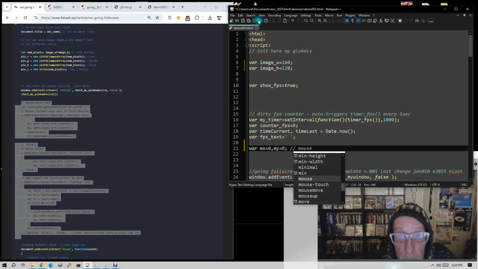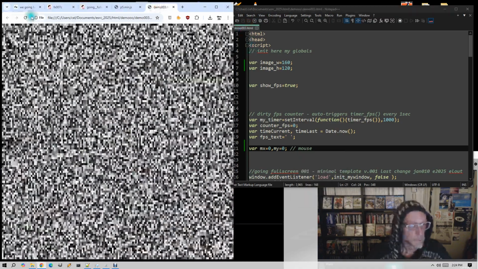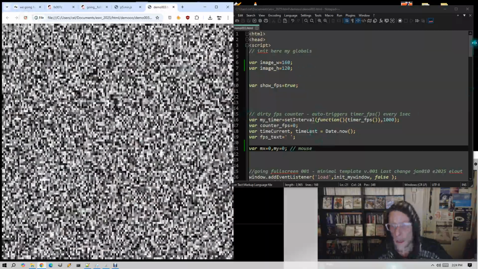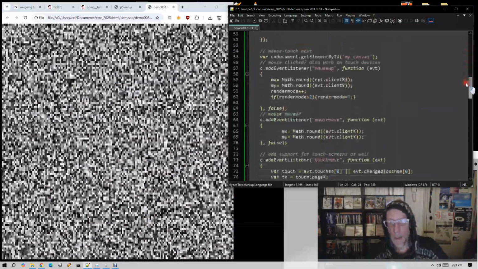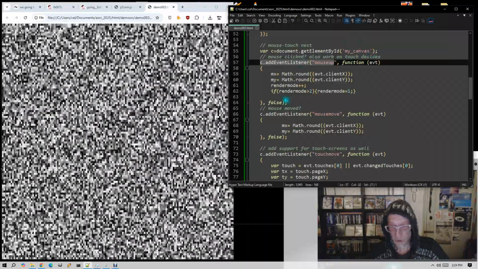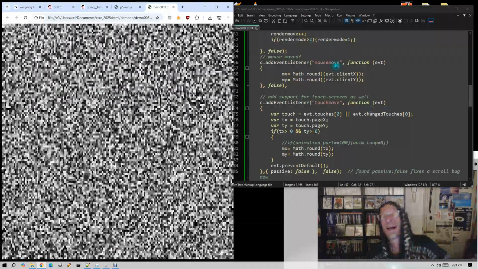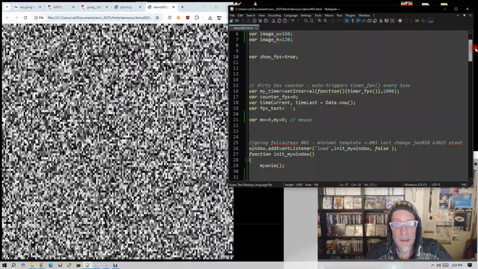Mouse. And in the init, I add this event listener for the mouse and it selects my canvas here, so you really should be on top of that. But I can say, did I add it? Yeah,